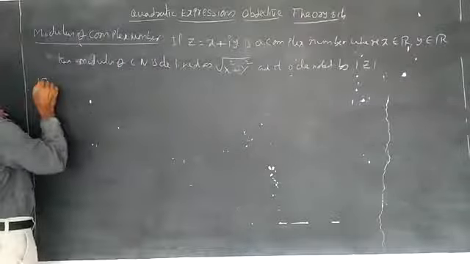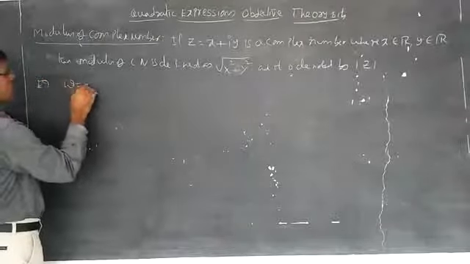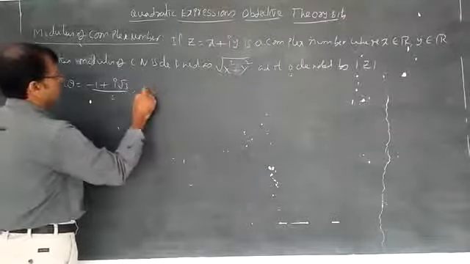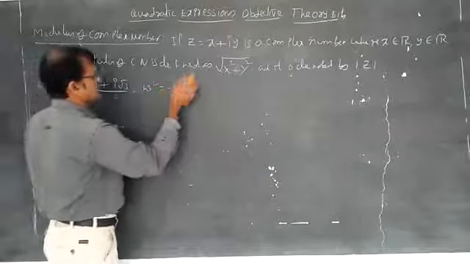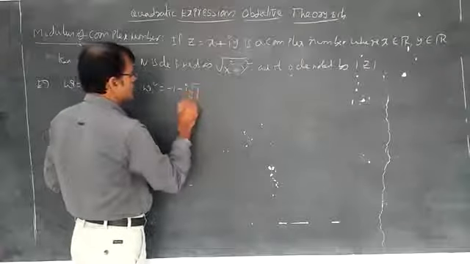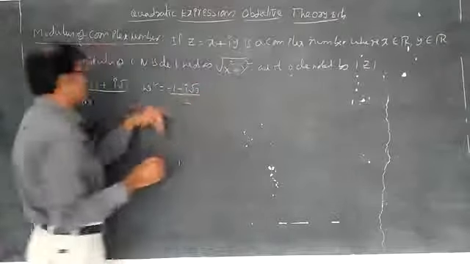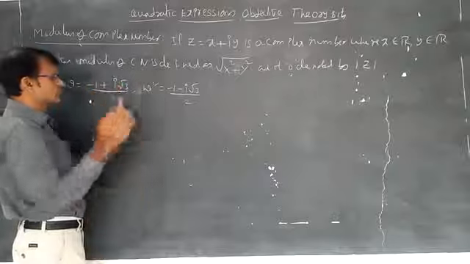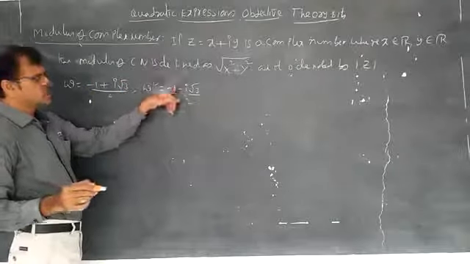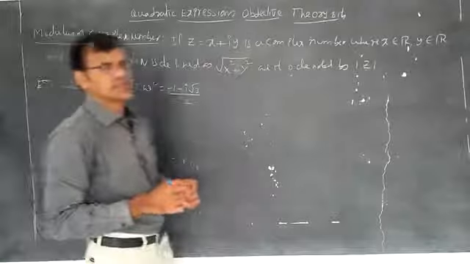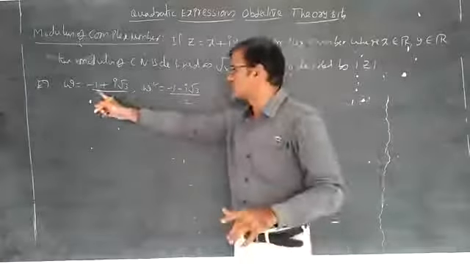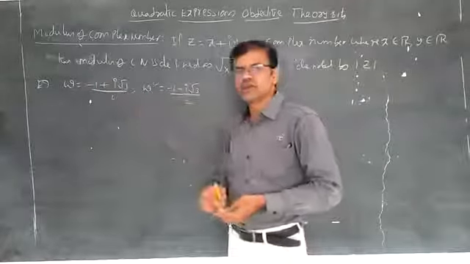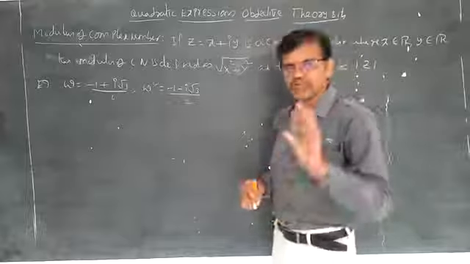Let us see an example for modulus. Omega is −1 + i√3 whole by 2, and omega square is −1 − i√3 whole by 2. Already I said these two are conjugate complex numbers. Conjugate means, students, don't get confused: if plus is there, in its place minus should be there; if minus is there, plus should be there. A + b, a − b. There is no need to get confused about the −1, it is anything, no problem. But in the middle, the symbol should be changed. That's all.